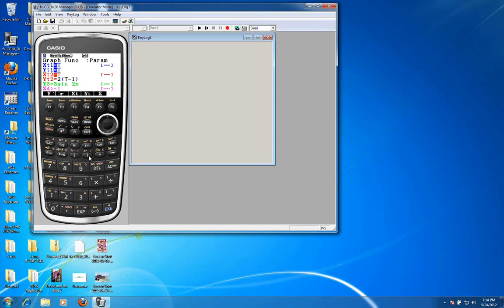So my x-coordinate of the vertex is 1, and the y-coordinate will be -2. So I add 2 because it would be y minus 2 equals 2 times t minus 1. So my vertex is going to be at 1, -2. And I hit execute. That's now selected, and we'll see if that shows up on my screen at the same window. Now, I didn't square that, so that's why I got another line.